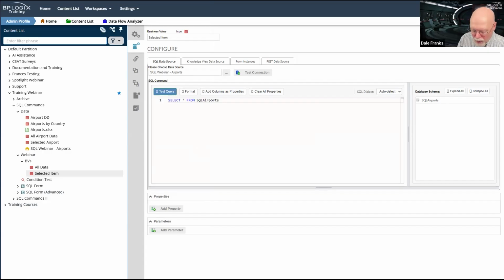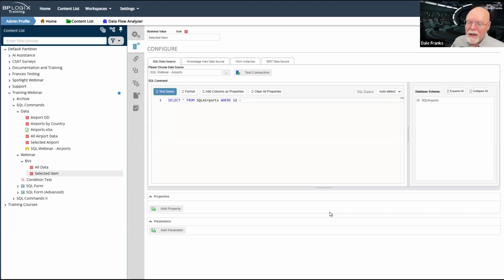But now we do need our where clause. Where ID equals. And here we are going to need a parameter. We are going to make the data list an event field when we create it. And we're going to send the ID over. Now, the ID is a numeric value. It is actually a number. So we're not going to use the single quotes we talked about. We're going to pass this as a number because it is the ID.